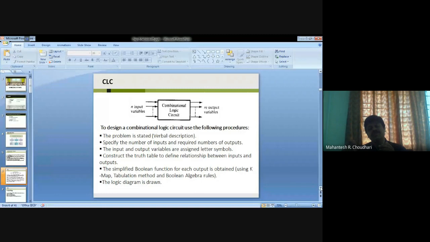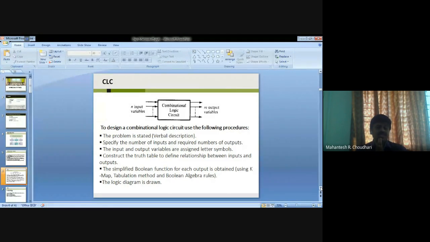For two input variables, 2 to the power 2, that is 4. For three input variables, 2 to the power 3 possible combinations of binary input values. Then for each possible input combination, there is one and only one possible output combination.